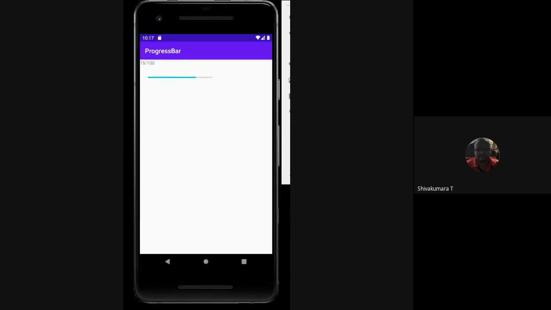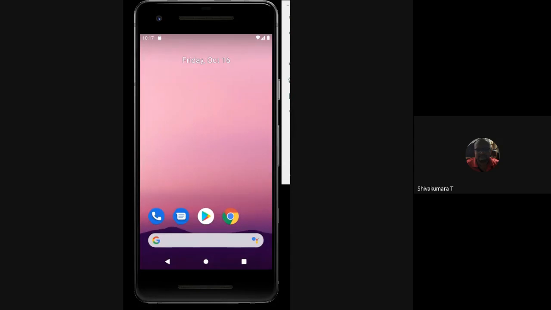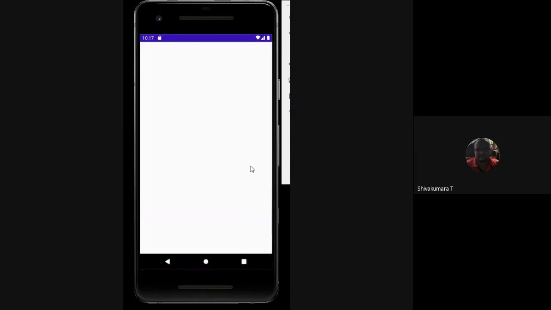Probably you are observing the loading of the progress bar. Yes, you observe the number, it appears at the top also. Previously I said the GUI begins from the 50th position. Now I reset it to the first progress state 1, and now see the output. Also observe this thread is running parallelly, and this progress bar is also loading.